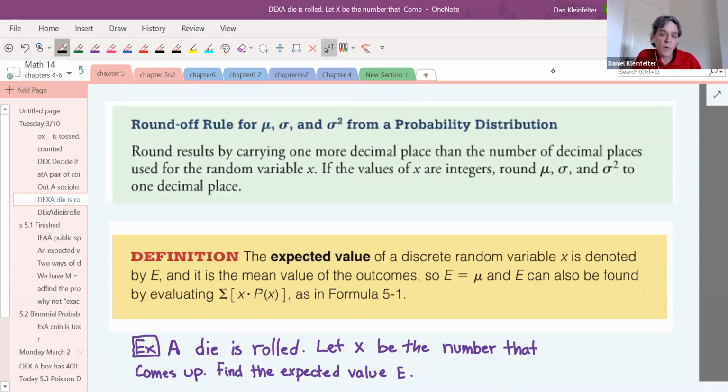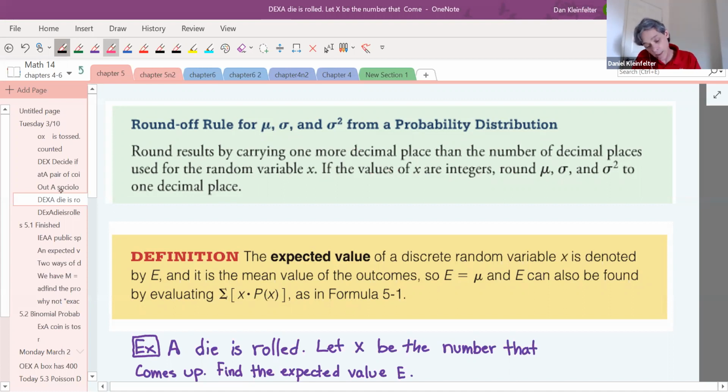All right, when we're working with the mean and standard deviation, we have a round-off rule. That's shown here. When you're finding the mean, variance, and standard deviation, round results by carrying one more decimal place than the number of decimal places used for the random variable x. Remember that what we're finding is the mean value of x or the standard deviation of x. However many digits x has, use one more digit in our mean, standard deviation, and variance. Specifically, if x values are integers, as they have been so far, then each of these will be rounded to